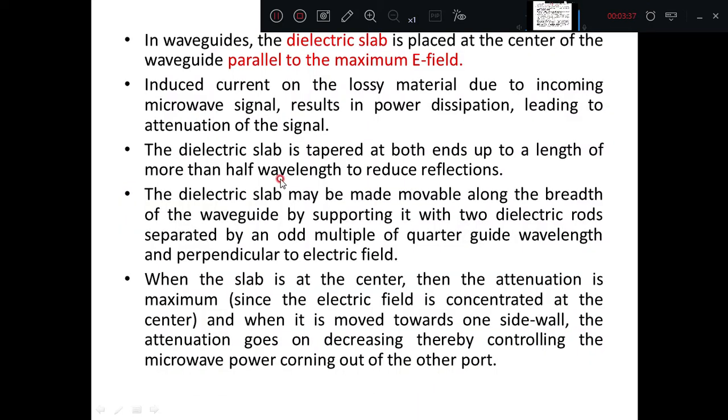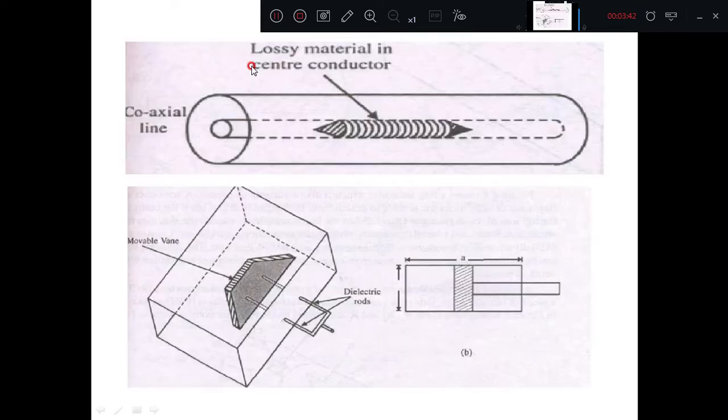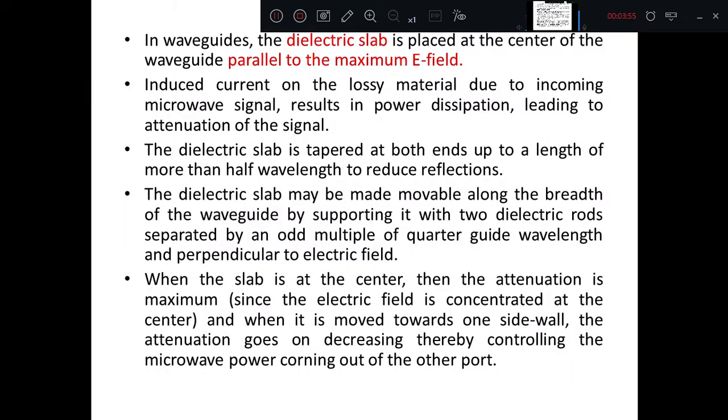The dielectric slab is placed at the center of the waveguide, parallel to the maximum E field. So if the E field is in this direction, the dielectric slab is placed in the waveguide at the center, parallel to the maximum E field. Whatever current is induced on the lossy material due to the incoming microwave signal results in power dissipation,